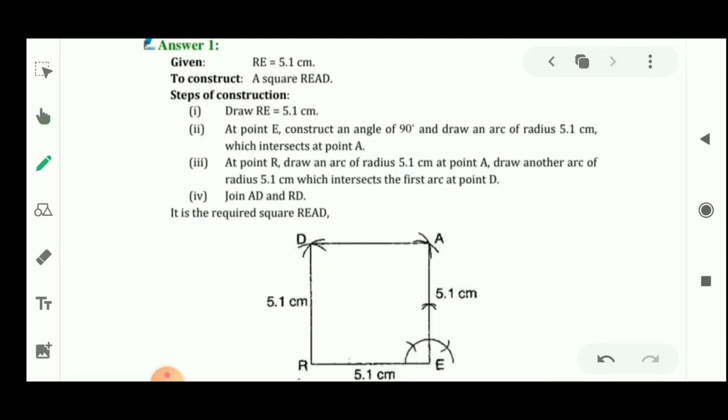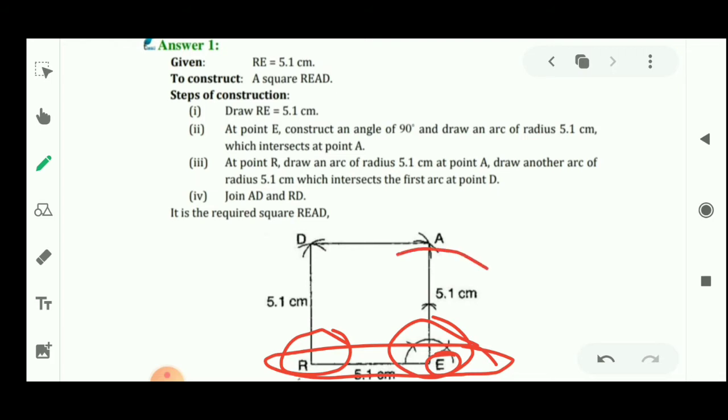So students, firstly RE is given, that means 5.1 centimeter. So you have to draw RE, that is 5.1 centimeter. From R and from E you have to draw an angle of 90 degrees. Then with E as a center and radius 5.1 centimeter, draw an arc which cuts the angle at point